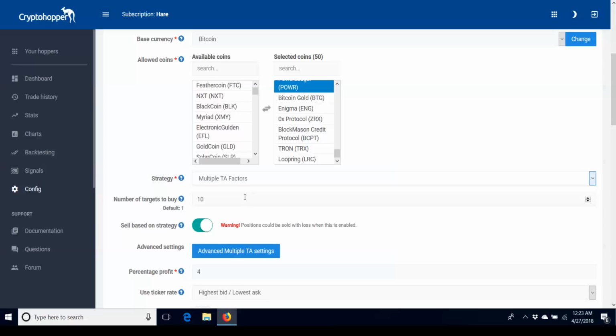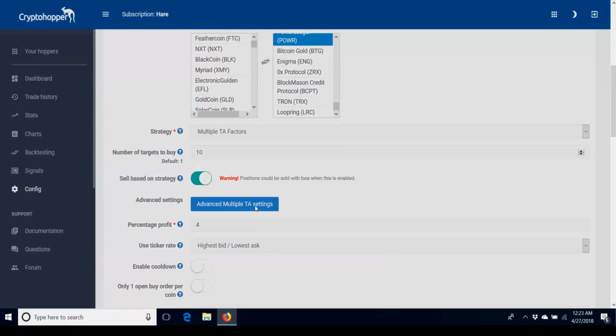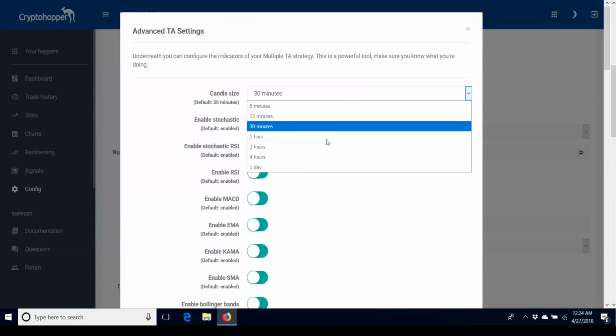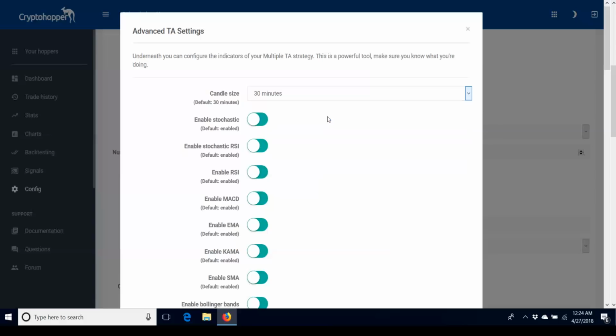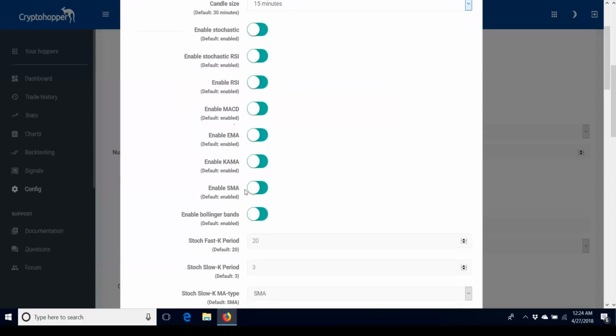I have the number of targets, maximum of 10 coins to be bought or sold at one time. You could click in here, advanced TA settings. I did not mess with this, so they're using the candle size of 30 minutes. You could pick smaller time if you want. That 30 minutes went pretty good. When I'm looking at charts, I usually look at 15 minutes, so I'll maybe make that change. But you can enable these